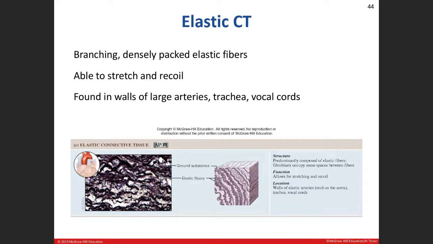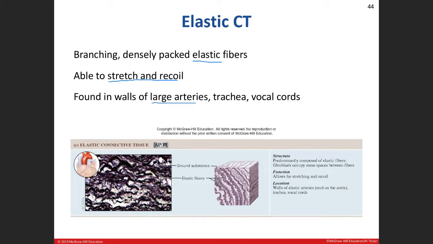All right, and the last type of dense connective tissue is elastic. You can figure it out from the name. The predominant protein fiber is going to be elastic. Now again, elastic and reticular protein fibers can branch. So these elastic protein fibers will branch, which allows it to undergo stretching and recoiling, much like the elastic waistband in your underwear, your athletic shorts, or sweatpants, or whatever. So it can stretch and recoil, which is wonderful because we're going to see this type